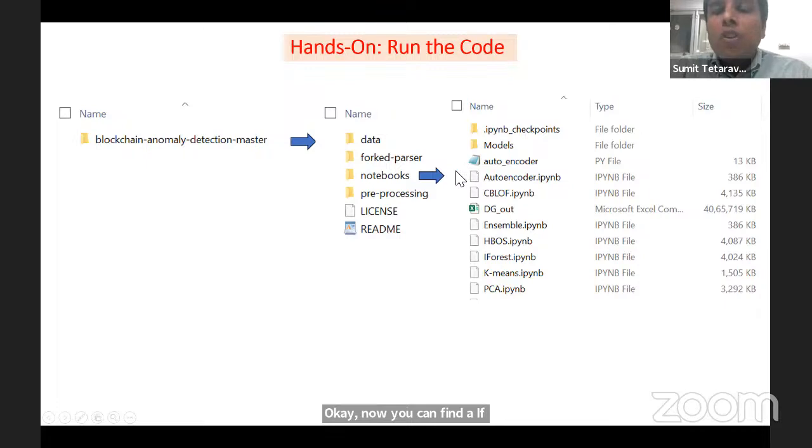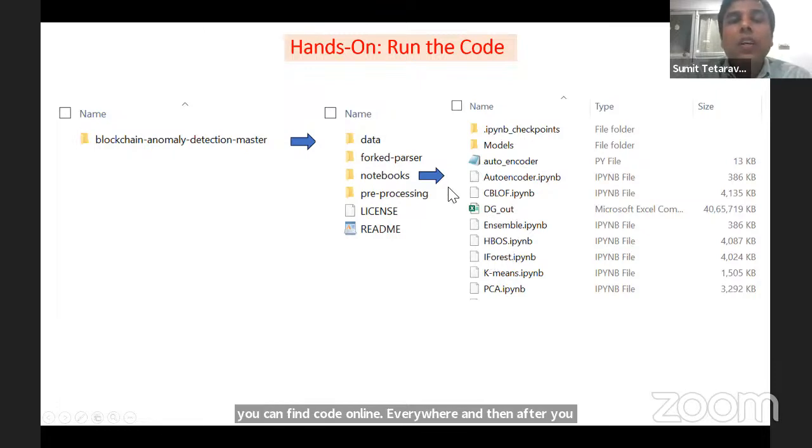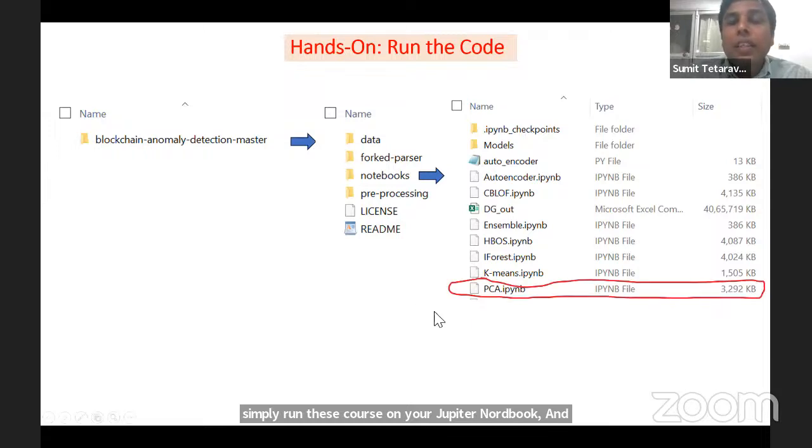If you are not able to find the Python code, then don't worry about this. PCA, K-means, iForest are all well-defined machine learning algorithms, and you can find code for them online everywhere. Then you simply run these codes in your Jupyter notebook. In this hands-on, we want to try running this PCA notebook